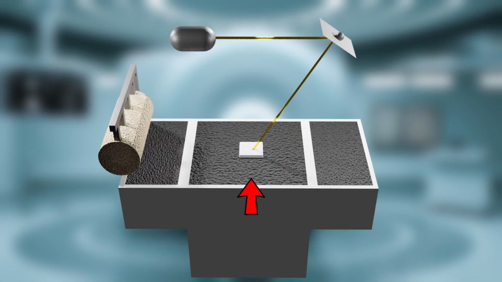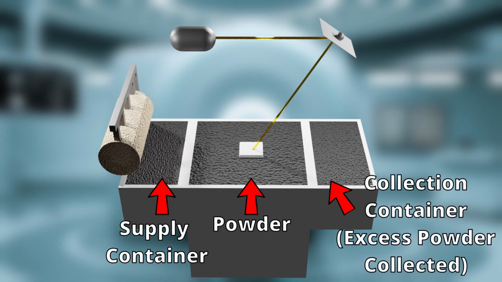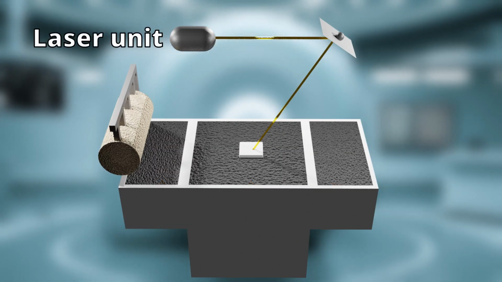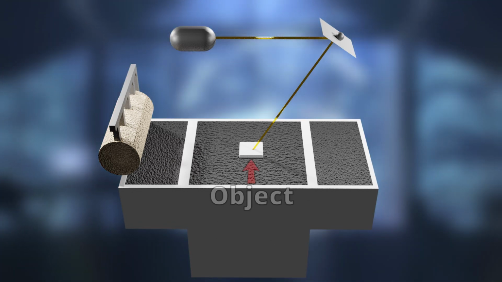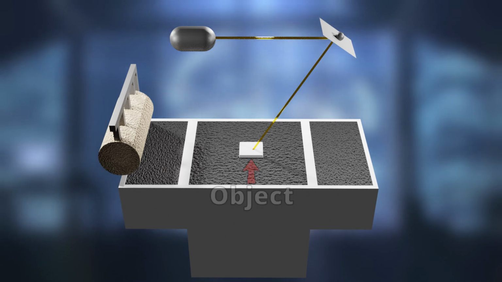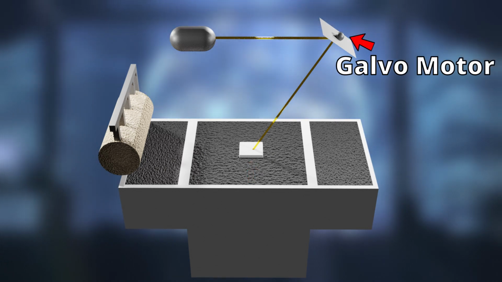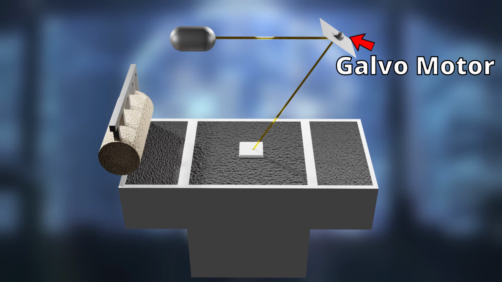The process starts by spreading a thin layer of powder on the build platform. Then a laser unit directs a beam to a mirror that will reflect the beam to hit the powder and fuse particles together, using a galvanomotor system which will rotate the mirror to direct the beam into different areas on